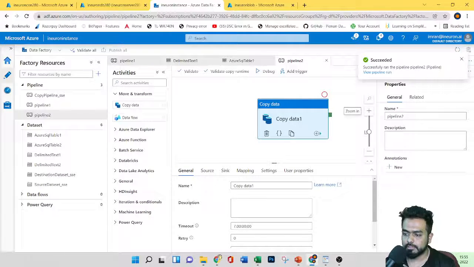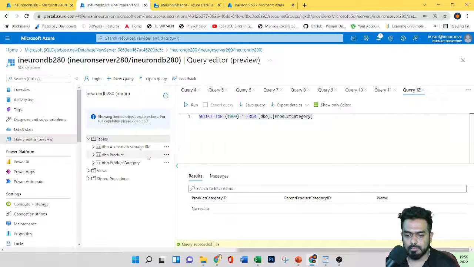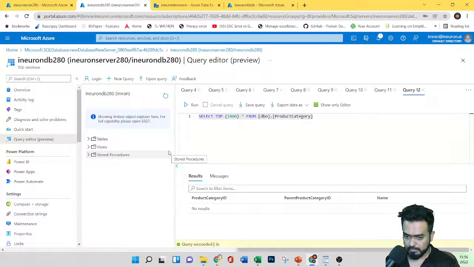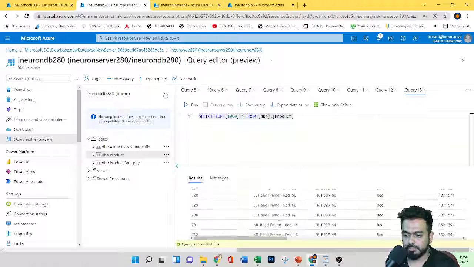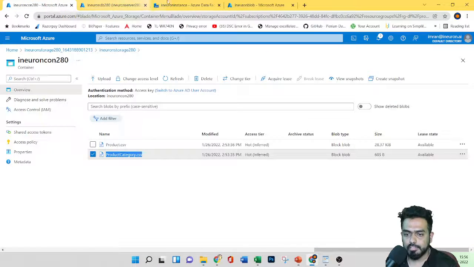Yes, this has succeeded. If I go to my product table and refresh, inside the table I have products, so let's select the top rows. You can see I'm able to retrieve the data. This is a simple step, right?